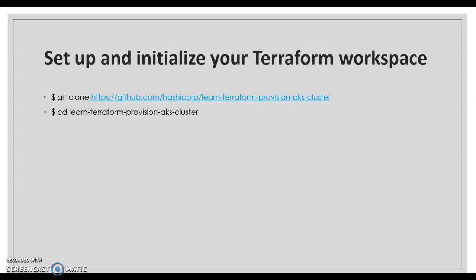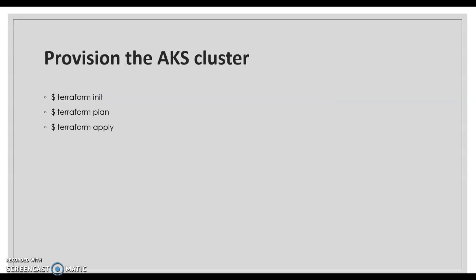First and foremost, for creating an AKS cluster, we have to download the standard Terraform AKS cluster provider files, the Terraform project. We're going to download this Terraform provision AKS cluster project into our local environment using git clone, and then we point to this git clone directory and run terraform init, which will install the provider in the local environment and set it ready for Terraform to create